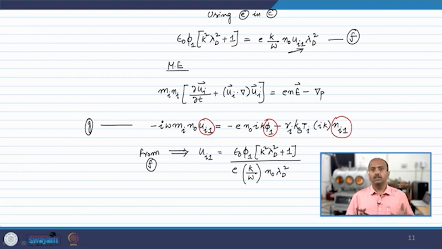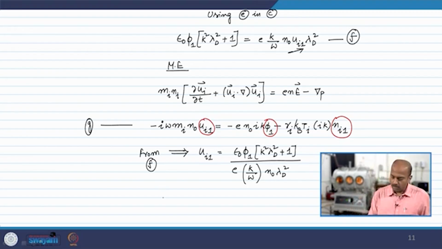What is the method? The method is the linear perturbation theory, right? So from F we can write ui1 as this. So let us substitute for ui1. Let's say we call this equation number I. Using equation number I in G, we will write minus i omega mi